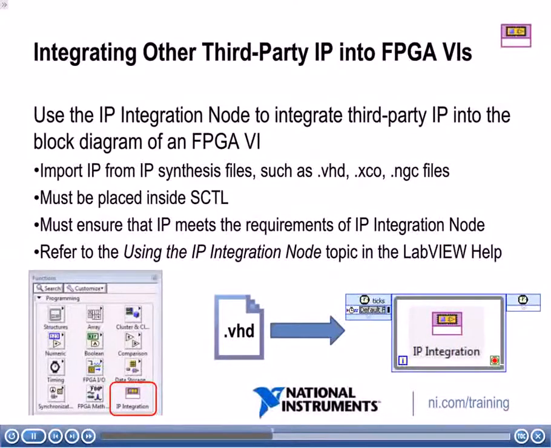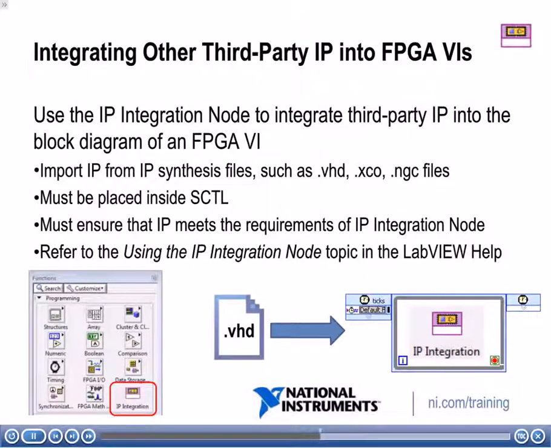So let's say you already have some third-party IP and you want to integrate that IP into your FPGA VI. Well, you can do this by using the IP integration node. So using that, you can import IP from other IP synthesis files. So if you have the VHD or XCO or NGC files, you can use these and import them into your